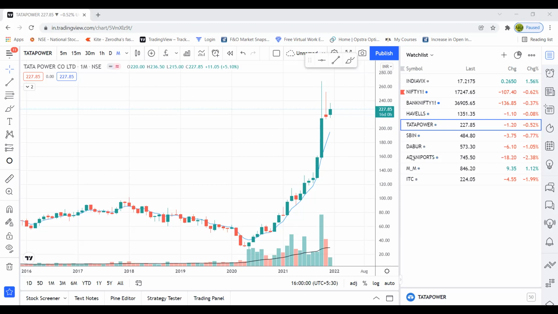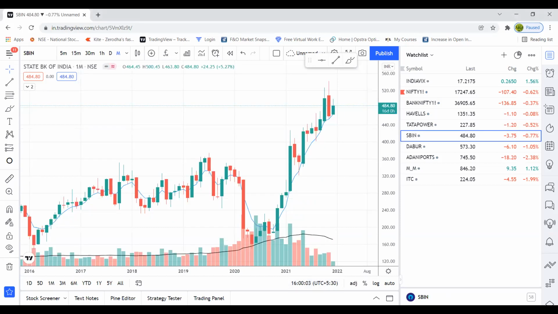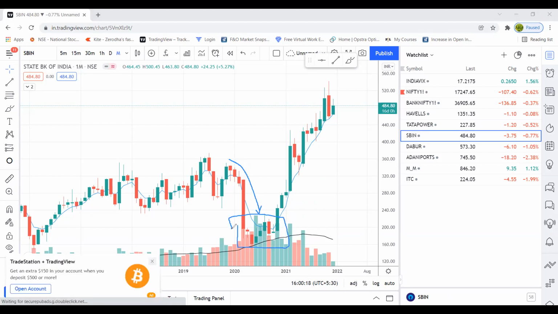Next, coming to the stock SBI, let's have a look at SBI. So SBI in the year 2020, if we are observing, it was in a downtrend here, and then we see that it had consolidated. It was a range bound market, and then it took off again to an upward trend. Here we can observe a slight consolidation, range bound for about 4 months, and now again it has gone upwards in an upward trend.